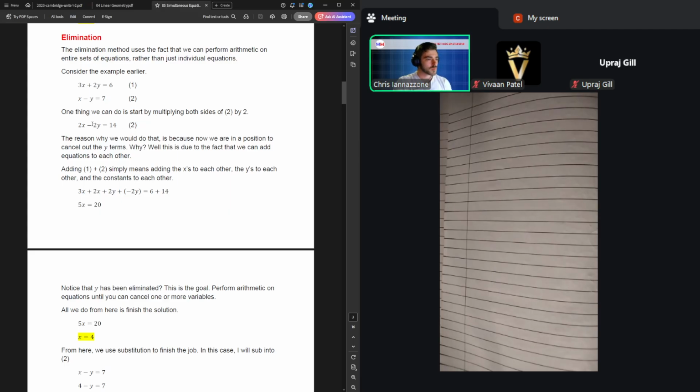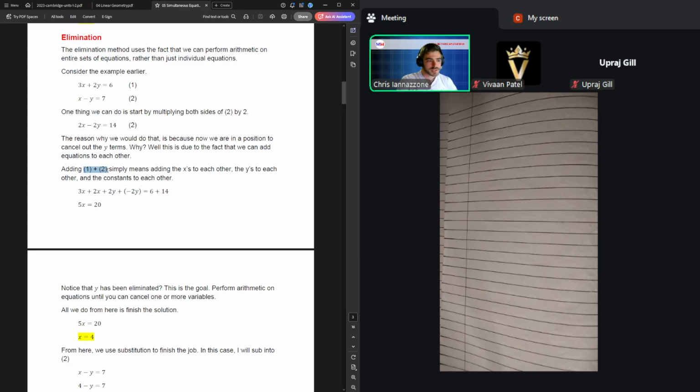Well, we want to figure out what arithmetic I should put between these two equations such that it would cancel out one of those terms. So in this case, I have a 3x and a 2x. Add or subtract, nothing's going to cancel. We have a 2y and a -2y. Only adding those two things would cause them to completely disappear, which is why what we're going to do is